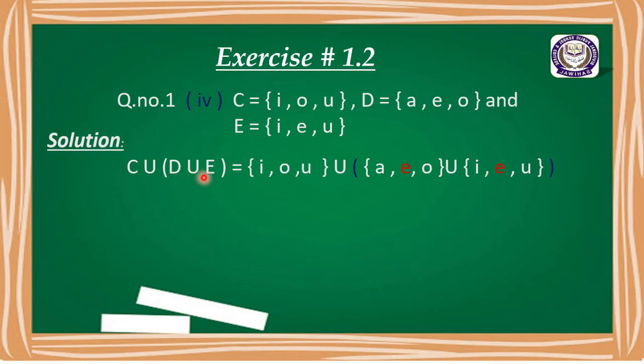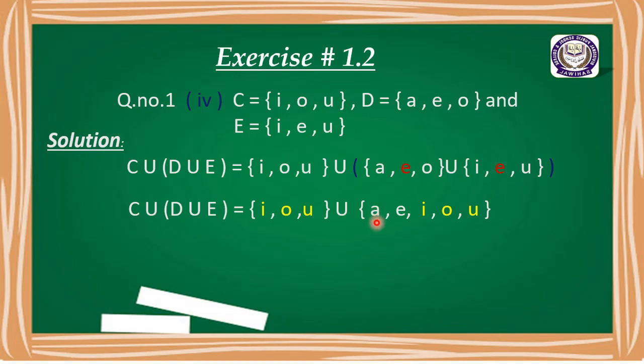Take the union of D and E, and then we get the resultant set, and then we take the union of that resultant set with the set C. Here we write down set C which has elements I, O, U, and union the brackets A, E, O, and which is a set of D, union of set E, I, E, U, and we will find the union of D and E. When we find the union of D and E, we get the resultant set A, E,